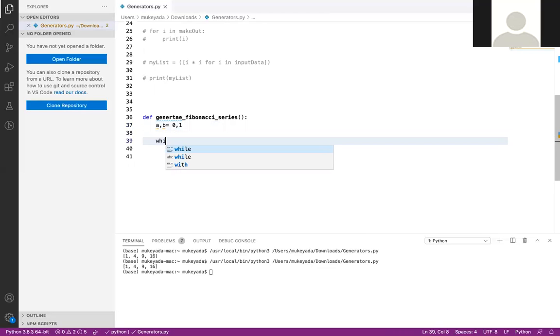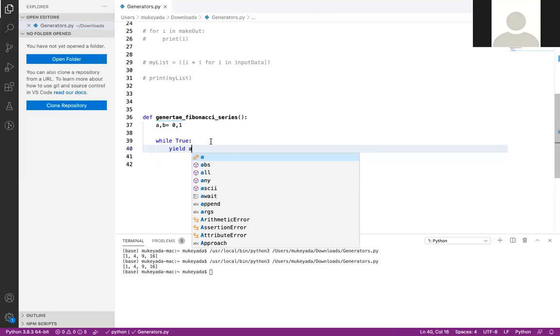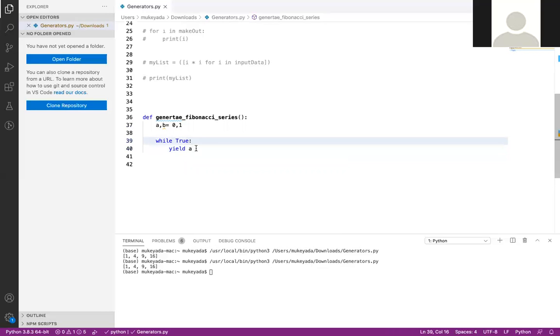Now let me take a while condition, let me say True. Here I take the yield keyword and a. The yield keyword will memorize the last state of this variable, what the value was.